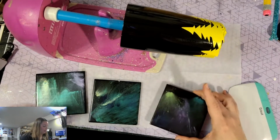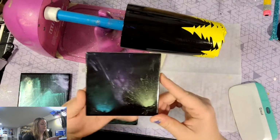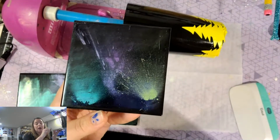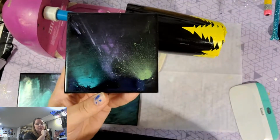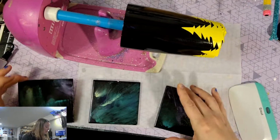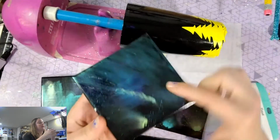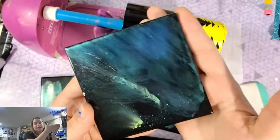So let me show you a couple of the things that I was testing the other day. This one is a common style where you would blow with a straw and burst out. That's something you could do if you like that style. And this one didn't really turn out, but I did want to show you this one because this is blue and green mixed together over